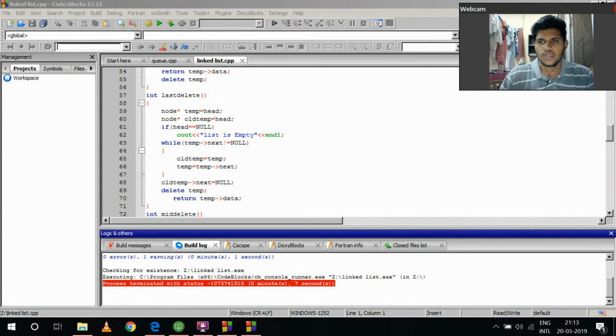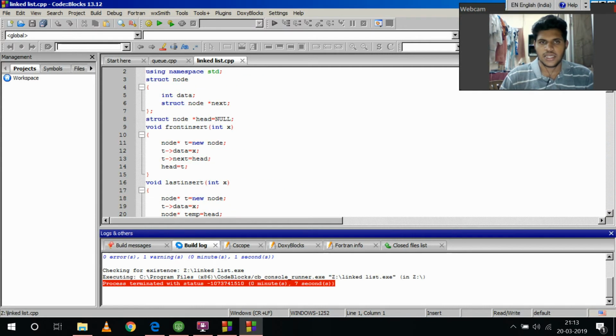Inside the class, I have created a method to insert in the front. After getting the value as int x, where x is the data, I'm creating a node. Node start is a new node, and I'm giving the data, that is x, and next is equal to head, so the new node becomes the first node, assigned as head. Now if I want to insert at the last, I have